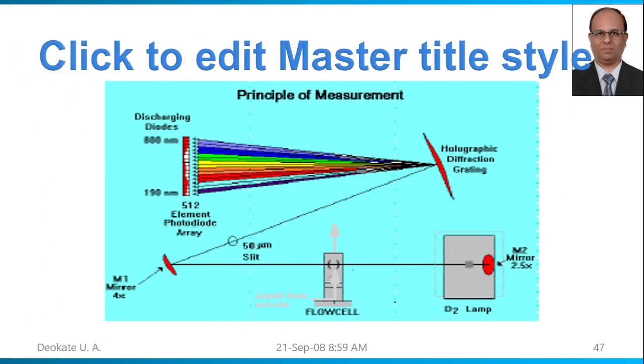Okay, so this is the functioning principle of your PDA detector. So these are called arrays. From 199 to 800, every wavelength is measured in separate detectors. So there is an array of detectors, therefore the name photodiode array. This mirror is there. So this is the flow cell, the sample from the flow cell. Whatever radiation needs to be absorbed will get absorbed. The rest of the radiations will pass into this detector. Every detector will check the wavelength which is reaching it.